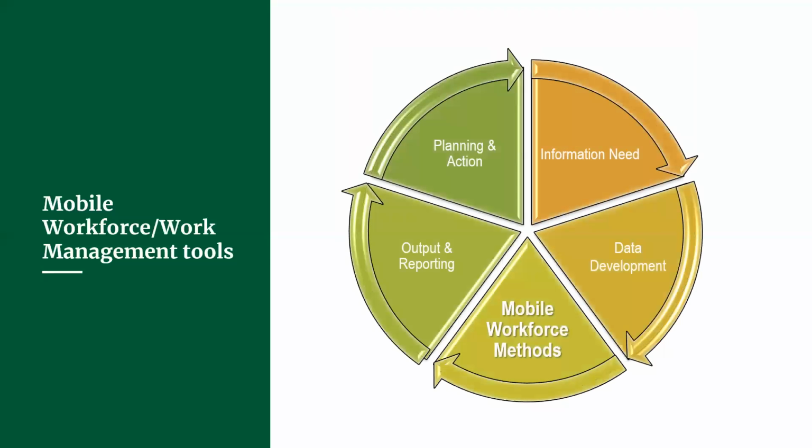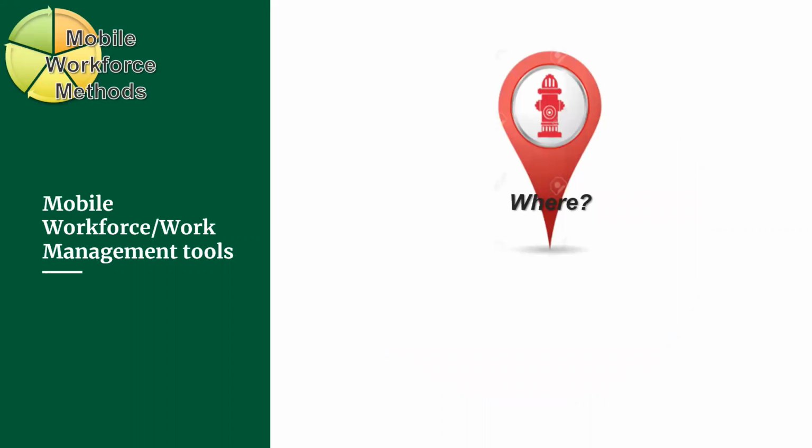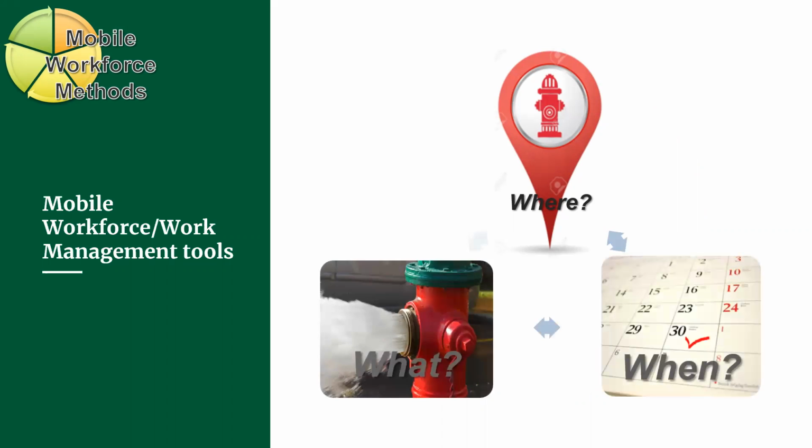At that point, we have several different ways that we provide information for our mobile workforce. We've recognized that the data development was dependent on acquiring more day-to-day data from our field operations. Oftentimes we not only need to know where an asset is in the field, but we also need to know what was done to that asset and when or how. For example, a fire hydrant.